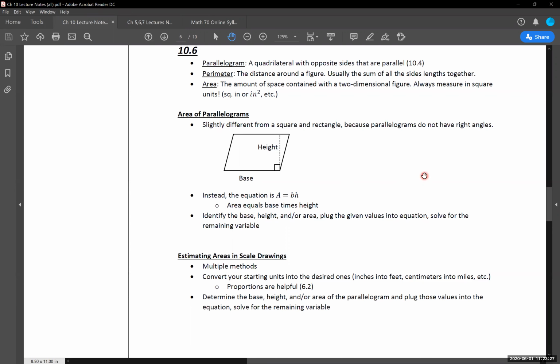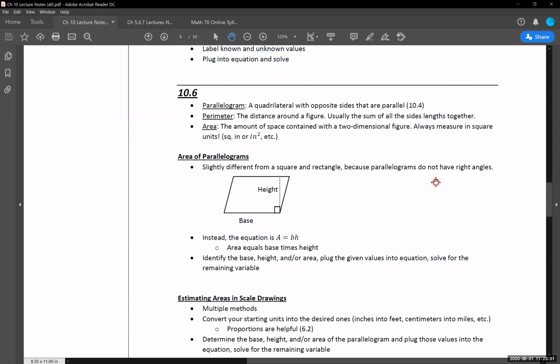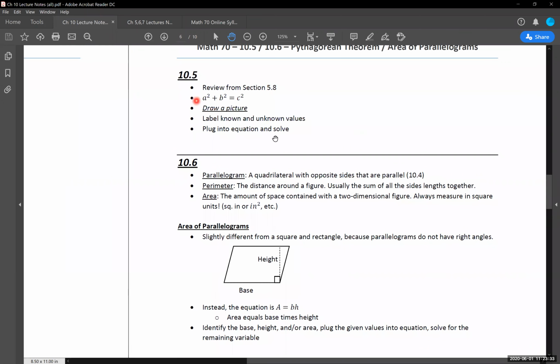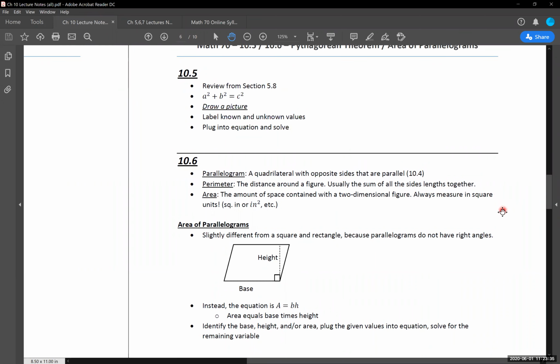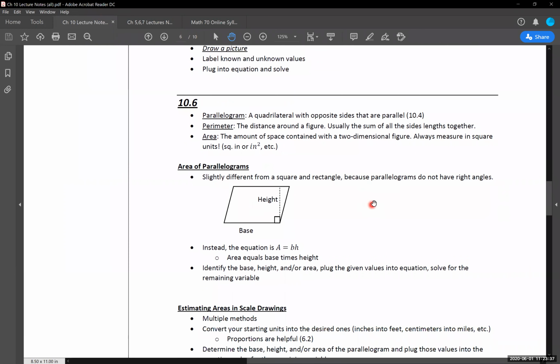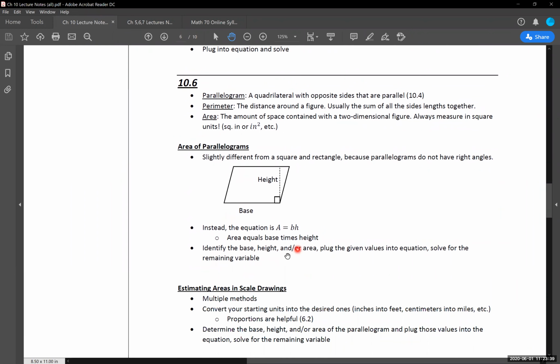So with that, not a whole lot that's particularly new with this. 10.5, a lot of review. 10.6, again, the biggest thing I can emphasize, make that visual for yourself. Do a little bit of the extra prep work as necessary, and it goes a really long way. But otherwise, this is everything that we have for the material for today. Again, really quick, really straightforward, I think, in a lot of these ways.